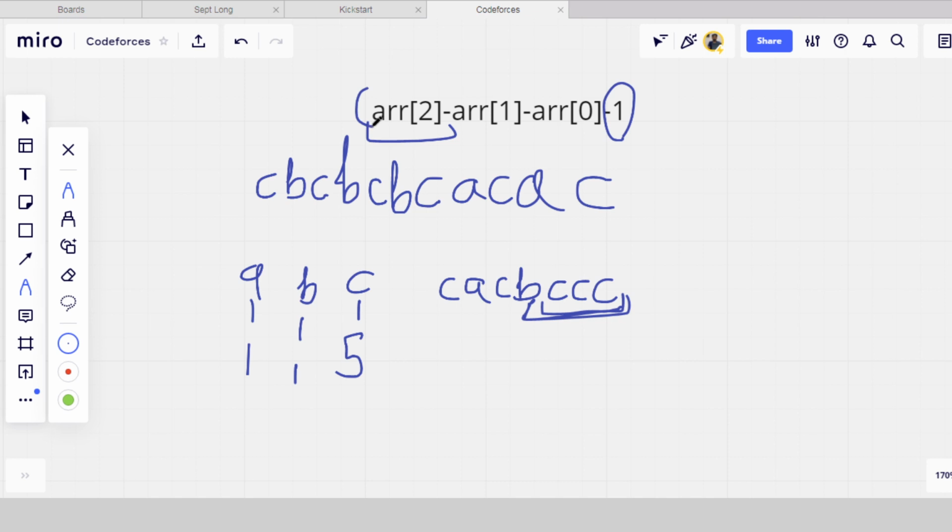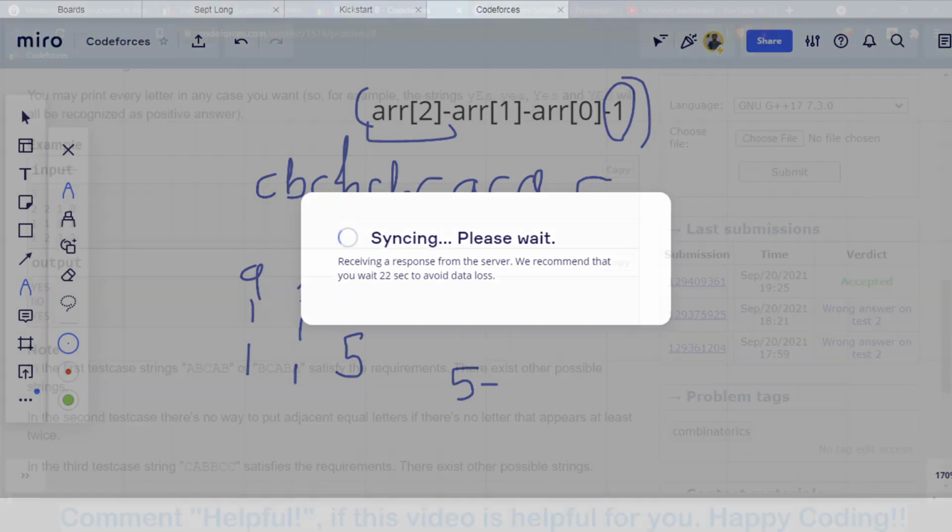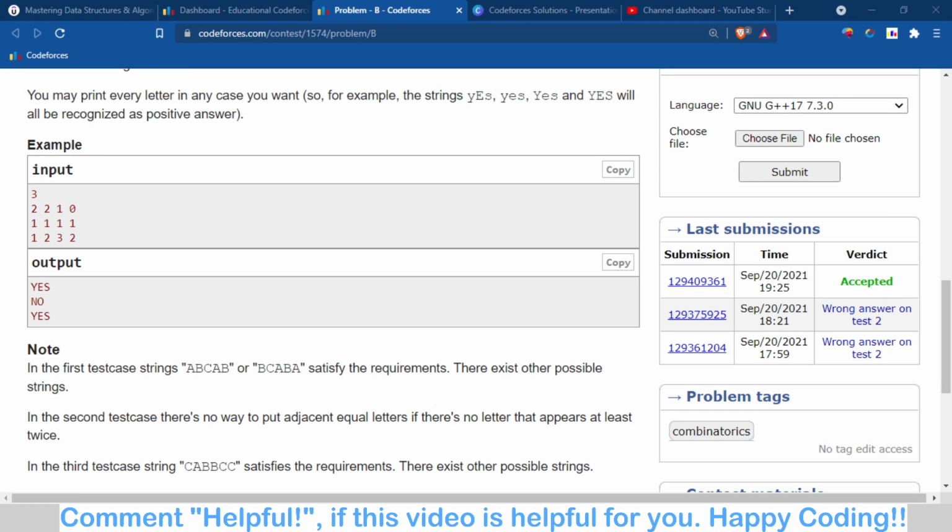That is this formula. If we put this formula here, the answer will be 5 minus 1, meaning 5 minus 3, is equal to 2, and that's the answer. So I will not reload that again, now we come directly to the code.